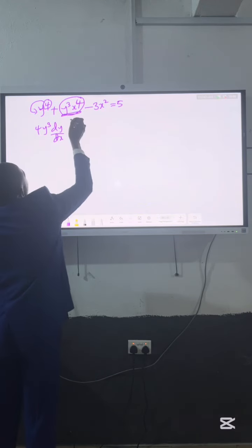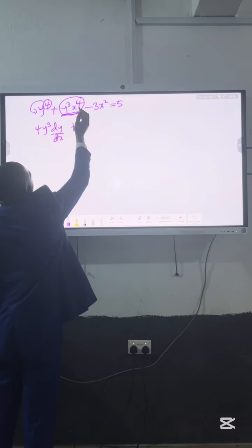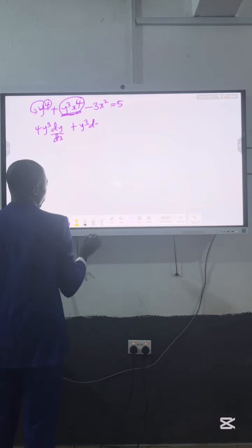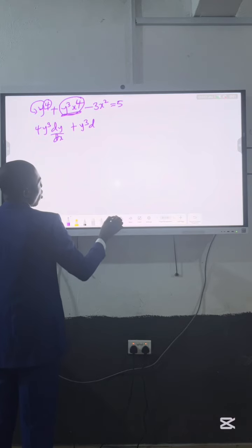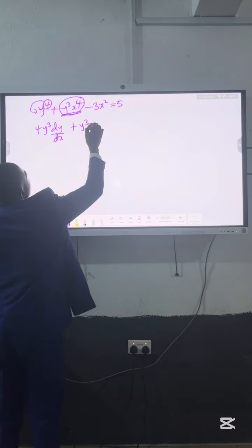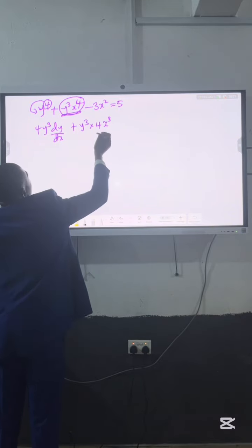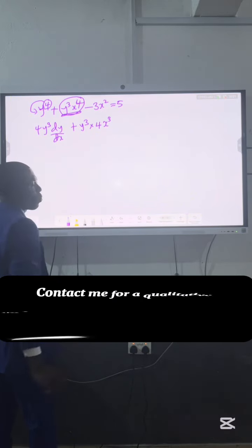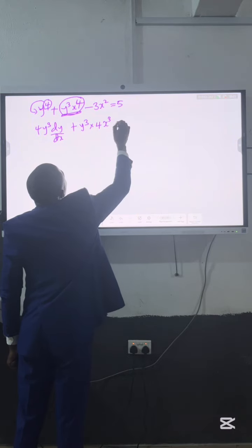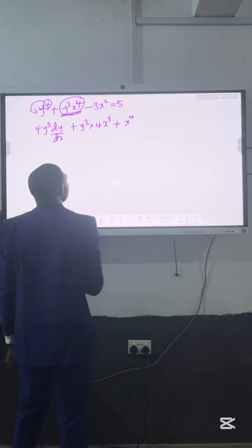All right, so let's keep the first one constant. The first one is y raised to power 3. Keep it constant and differentiate x raised to power 4. That will give you 4x raised to power 3. After 4 has gone down, you subtract 1 from the 4, giving 3. Alright. Now, after you have done that, plus, this time around, keep x raised to power 4 constant and